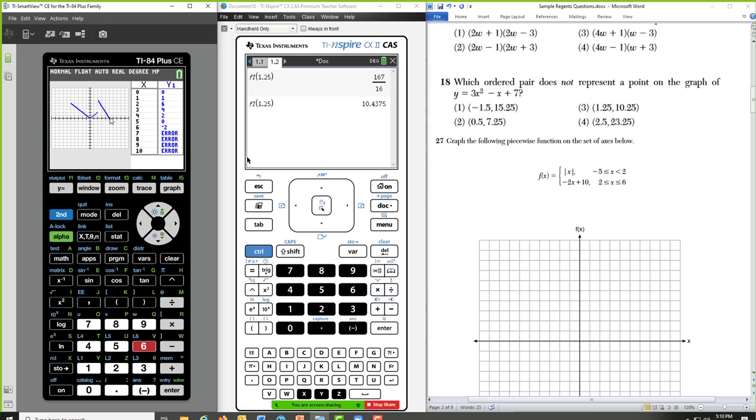So what's great with this split screen now is that I can see where it's not defined, and I can scroll in my table. Second graph puts my cursor in the table, and as I arrow up or down, I'm tracing it, multiple representation, the table and the graph at the same time.